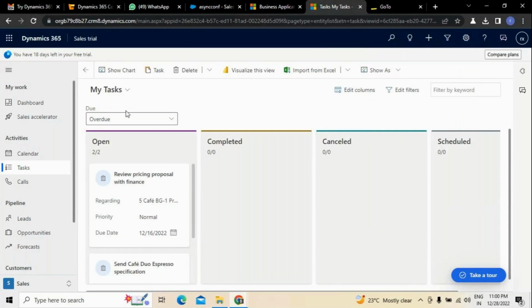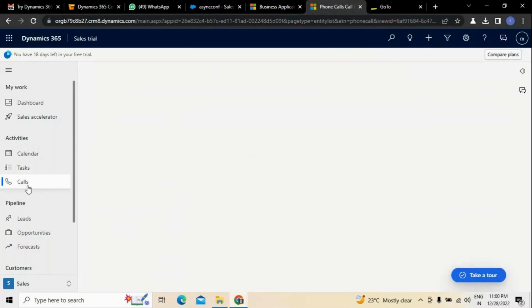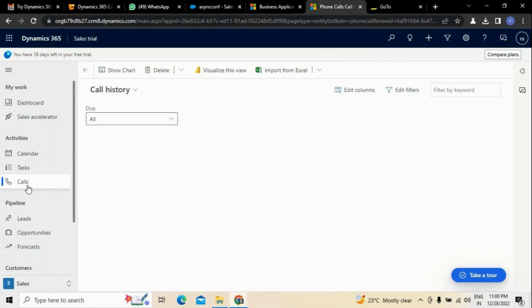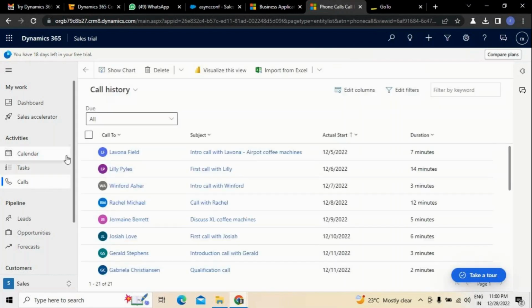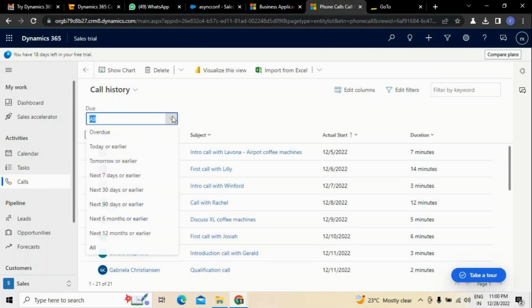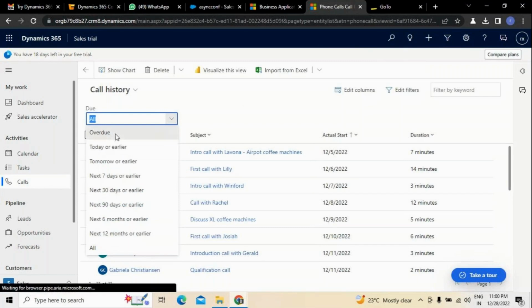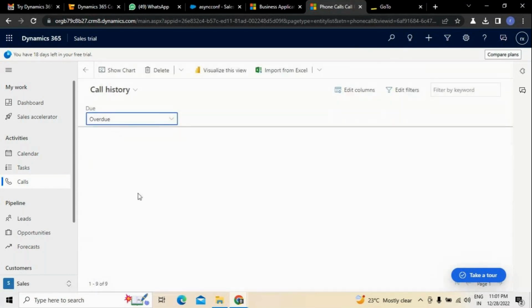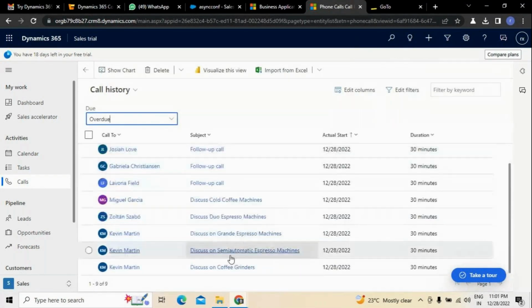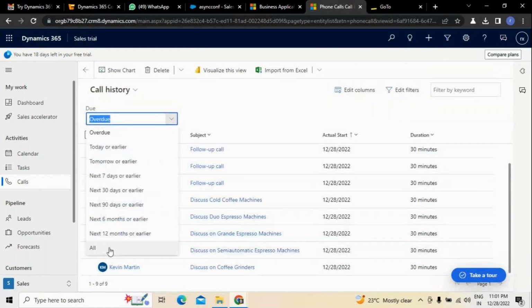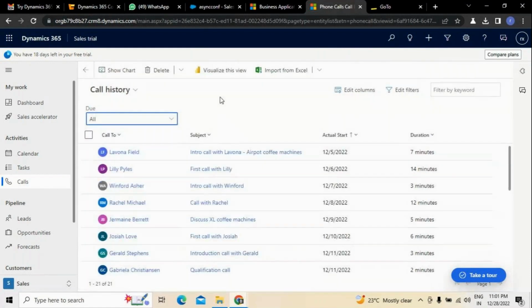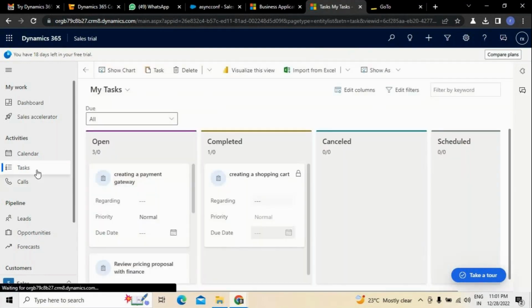At the same time, in reference to the calls, this is about the customer calls. So all these calls, whether in the state of due now, or else all the calls. For example, if you want to select overdue calls, you can select all the overdue calls, so that it will be easy for us to handle whatever overdue calls we have, and we don't miss any customers. Calls are not required, so I'm not getting into more detail, because being a business analyst, the major responsibility